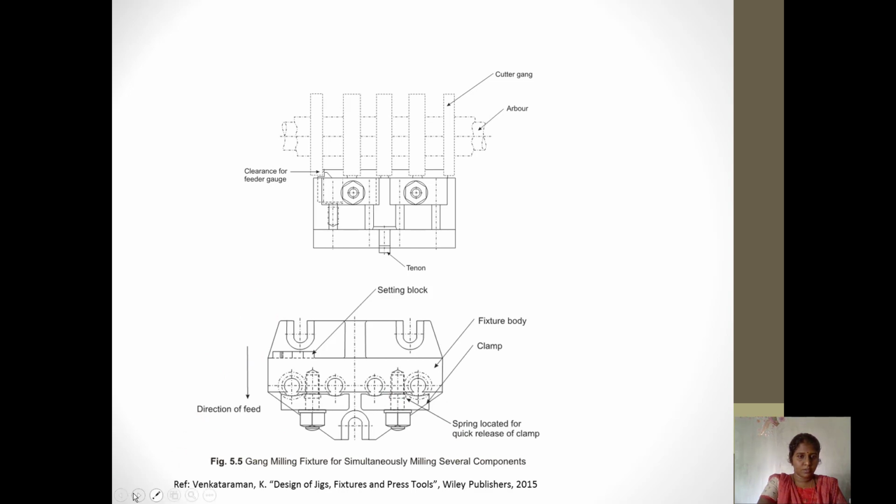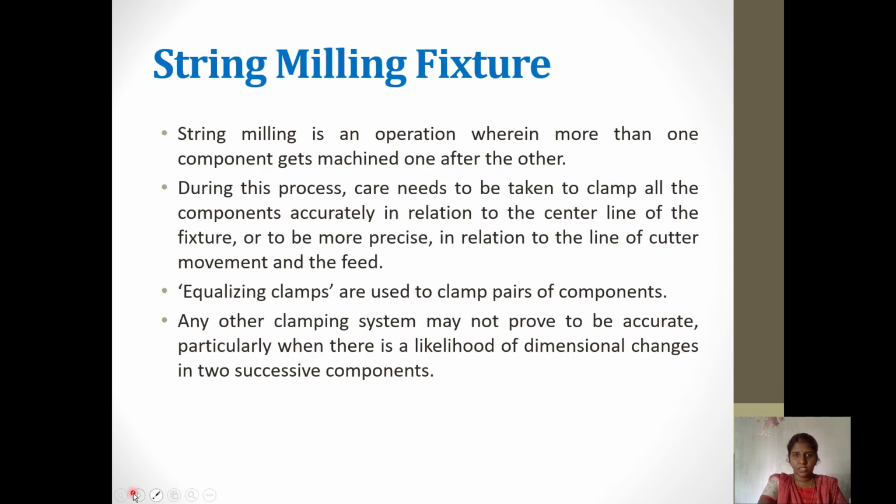Next one is the string milling fixture. String milling is an operation wherein more than one component gets machined one after the other. During this process, care needs to be taken to clamp all the components accurately in relation to the central line of the fixture, or to be more precise, in relation to the line of the cutter movement and feed. So we have to fix the component very accurately. It may be based on the central line of the fixture or in relation to the line of the cutter movement